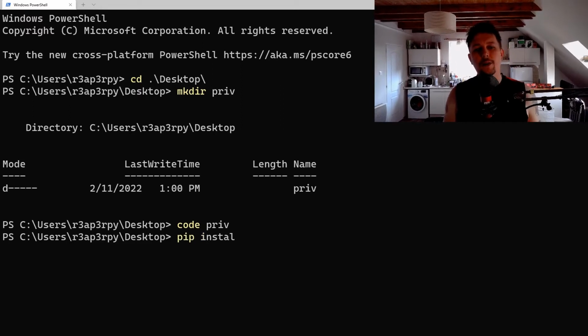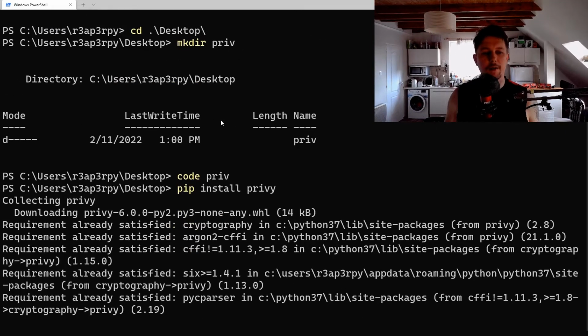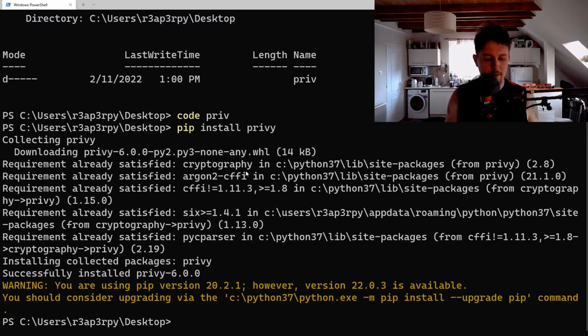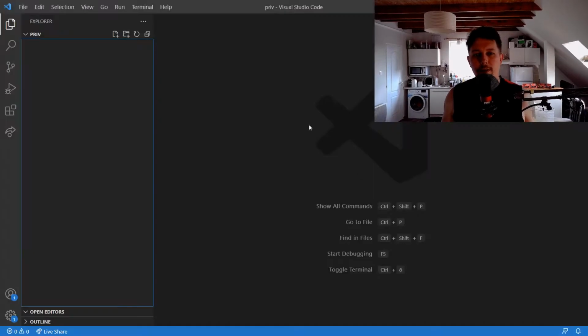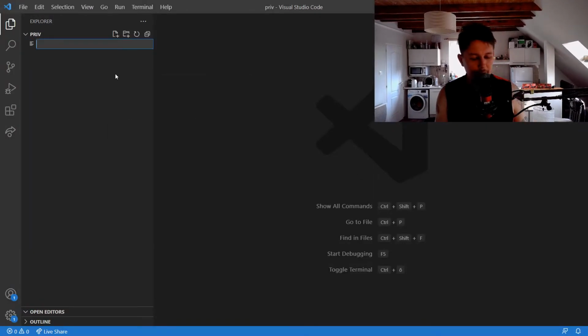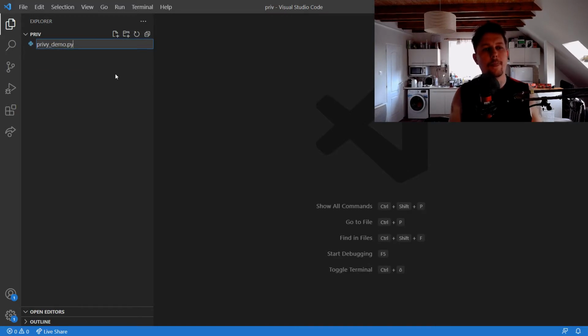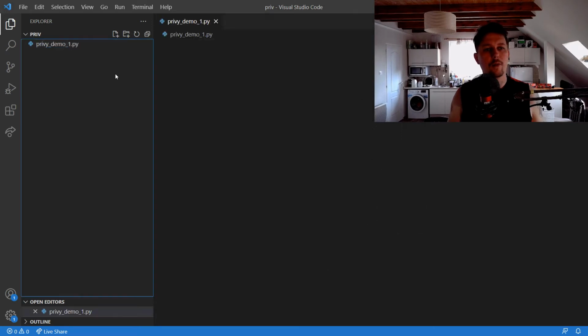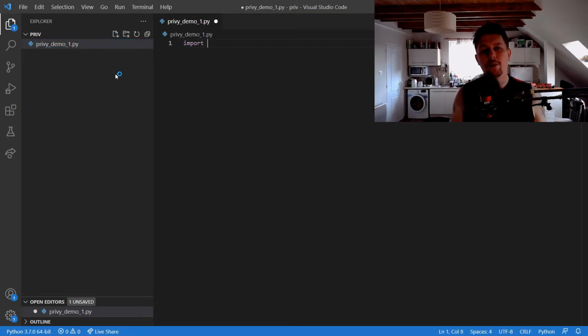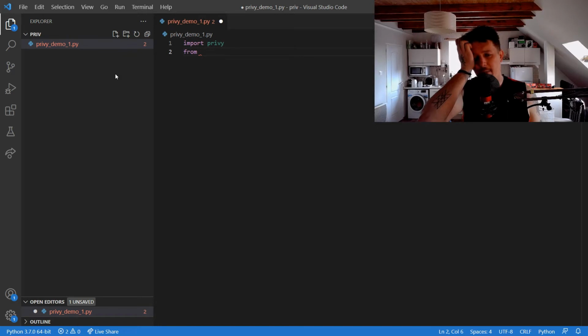What we need to do is to pip install privy, and once it is installed, let's upgrade pip. Once it is installed, what we can do is to create a demo script. So privy demo _1.py. What we will do is to import privy, and we can use the input function to acquire a password,